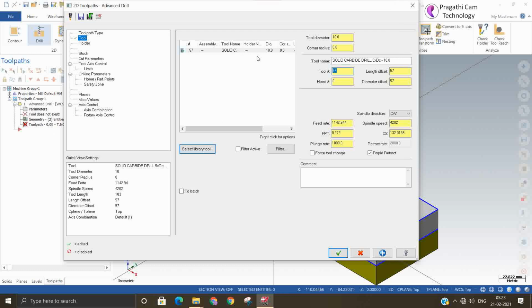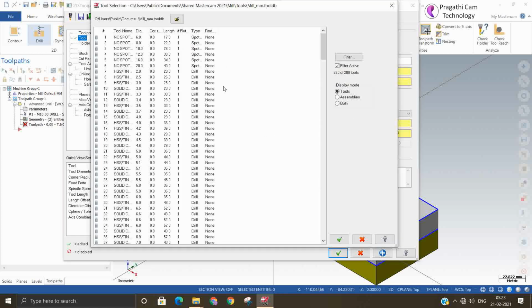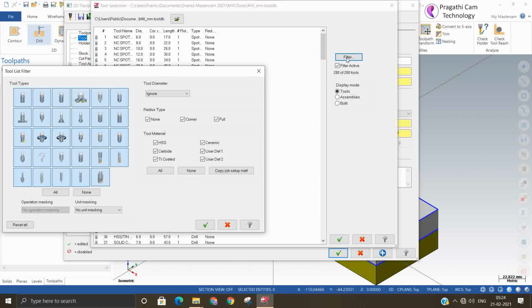This is tool number 1. You can give here the normal feed rate and spindle speed. Naturally, this feed rate and spindle speed it will not consider. So whatever you are going to give in the next page, the feed rate and spindle speed, that it is going to accept. Oh, sorry, we might have done this center drill first, then we have to come here.